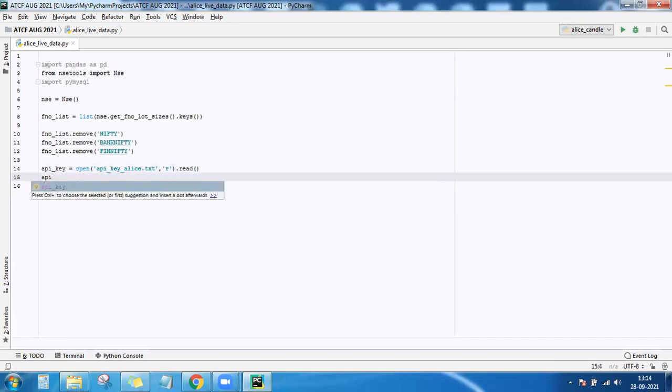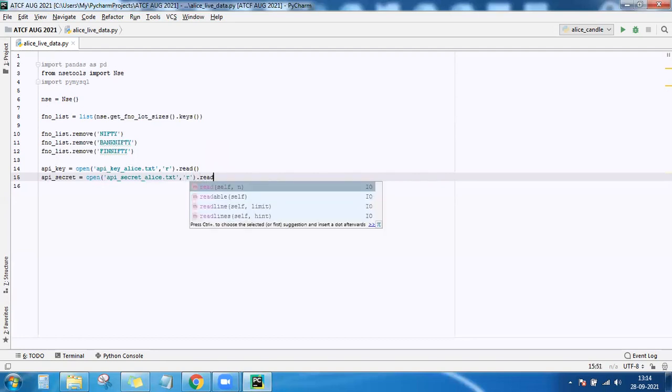Then the API secret. The text file name is API underscore secret underscore allies dot txt. Open this in reading mode and read the contents after opening it.